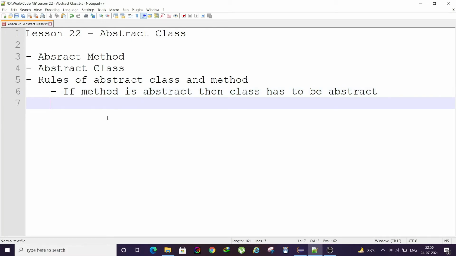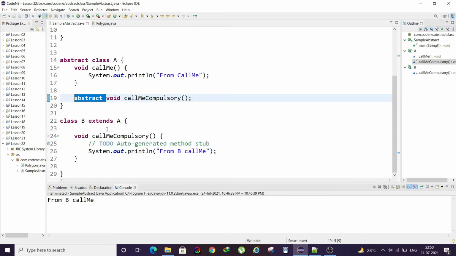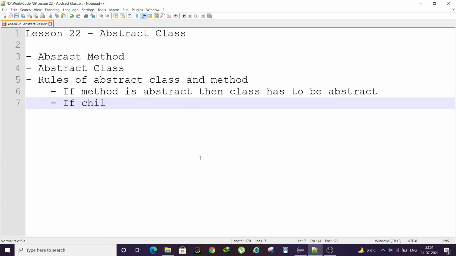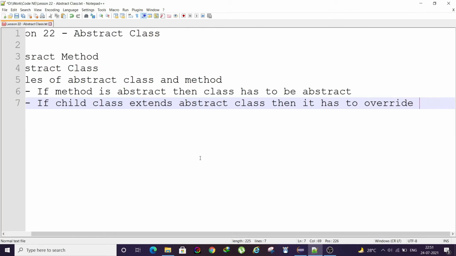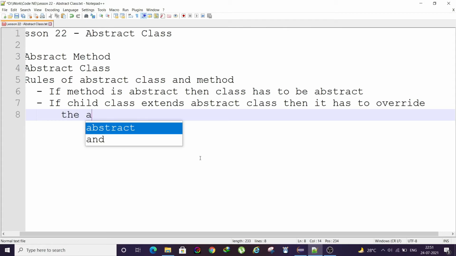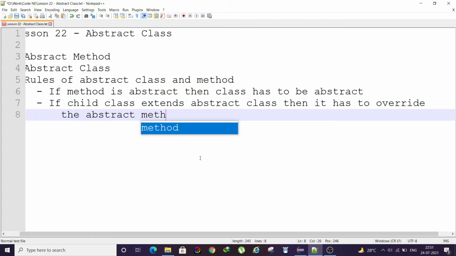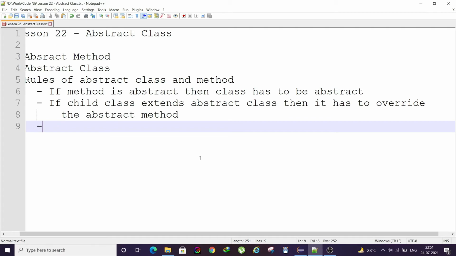Okay, that is the first rule. And what is the second rule? See, if any child extends this abstract class, then it has to compulsorily override this method. That is our second rule. If child class extends abstract class, then it has to override the abstract method, right?